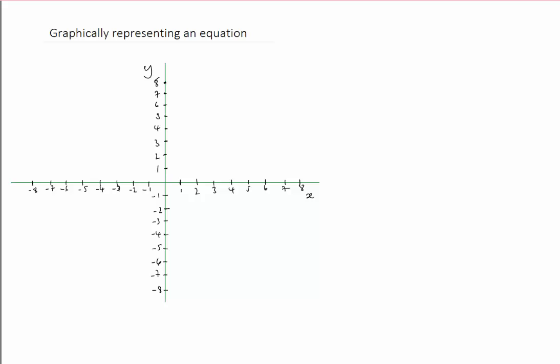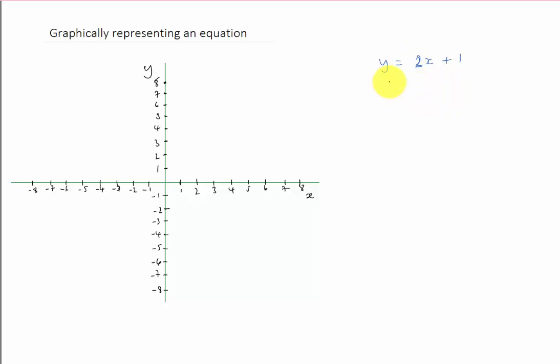I'd like to consider representing an equation in a graphical format. So let's imagine an equation y equals 2x plus 1. So we're going to try drawing that out. So first of all, let's try just replacing x with some different values and seeing what y would be worth